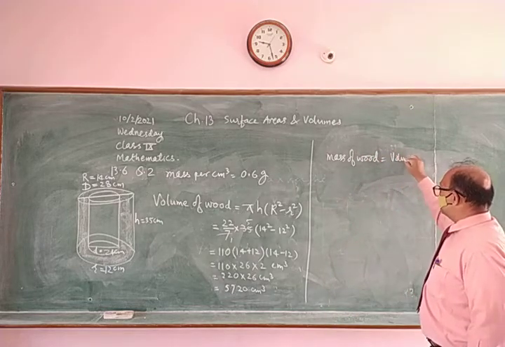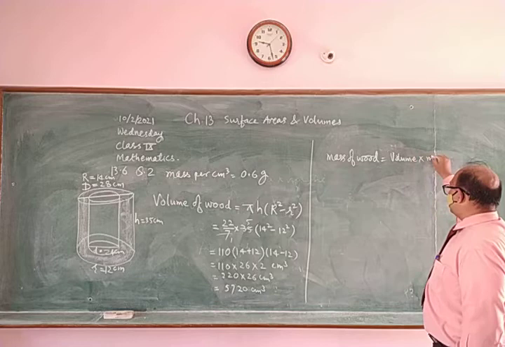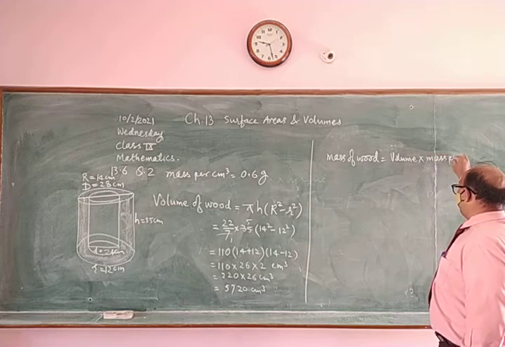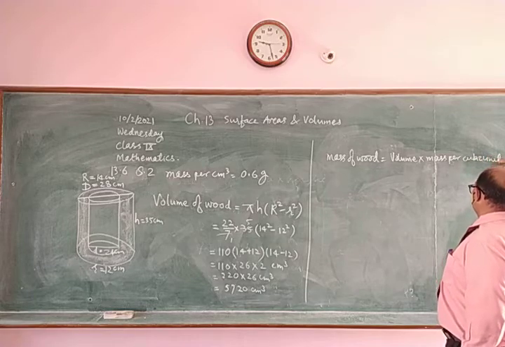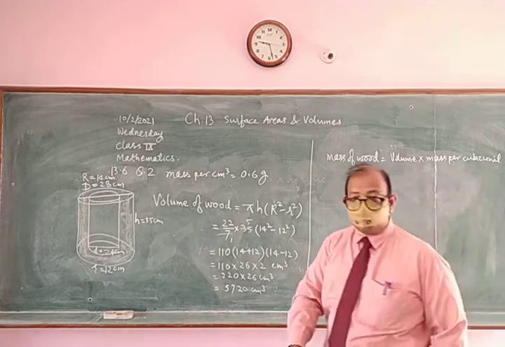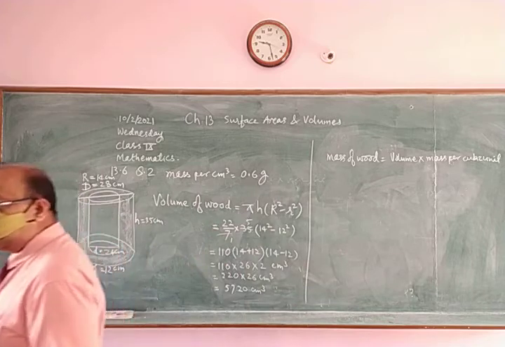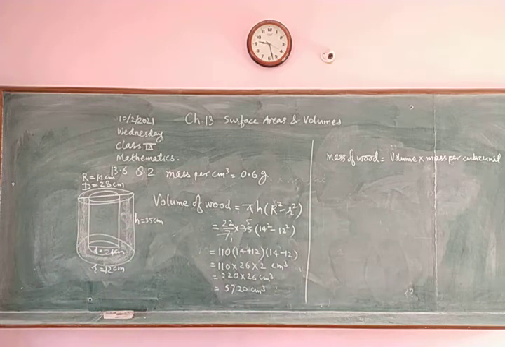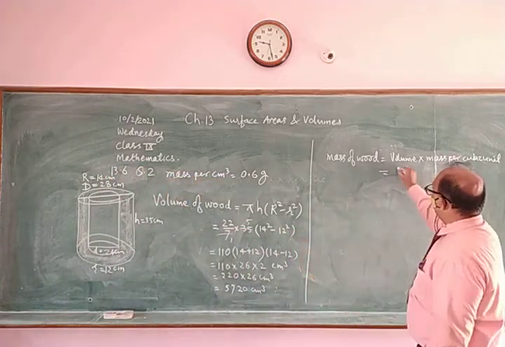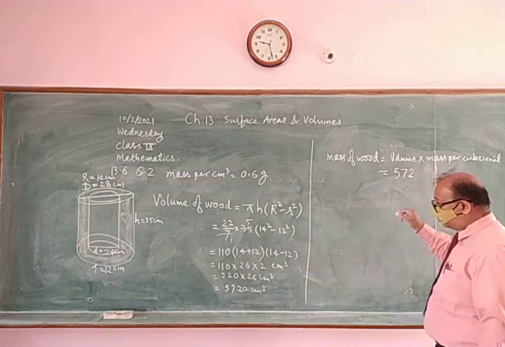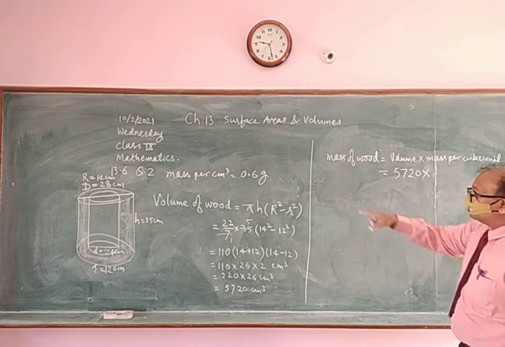Mass of wood is equal to volume into mass per cubic unit. Yes, sir. Okay. Now volume is 5720, into 0.6